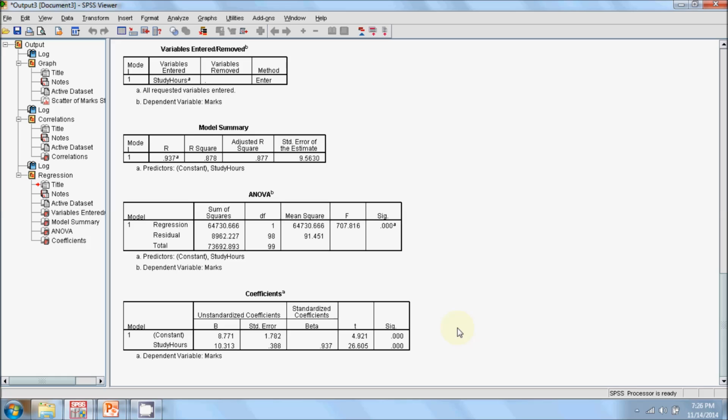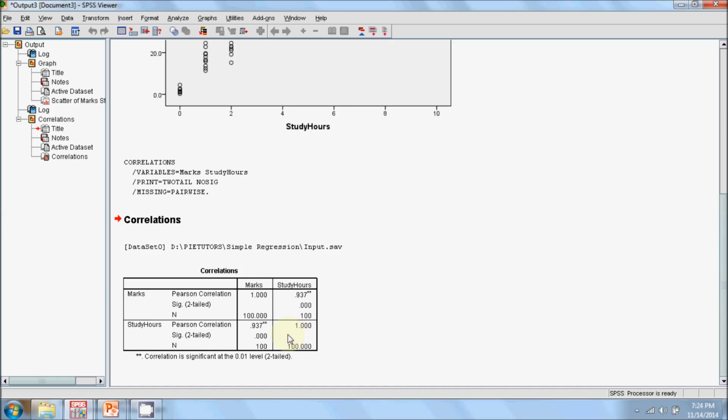So for this particular example, we can see that for every 1 hour change in the daily study hours, the marks of the students in the qualifying exam can be increased by 10.31%.